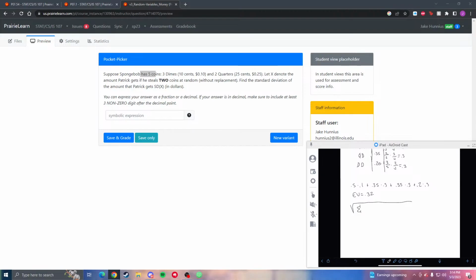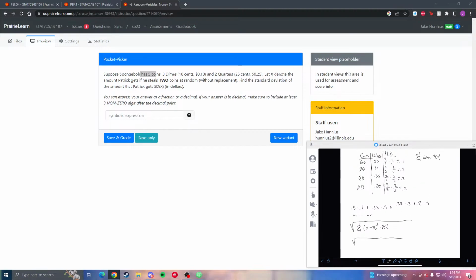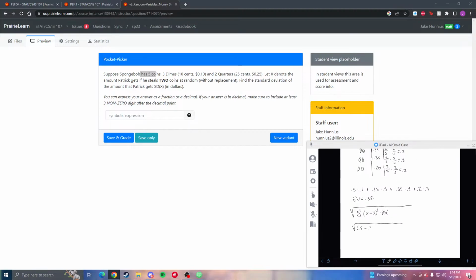I'm going to write this in shorthand notation and I'm going to expand it. So it's the square root of x minus x bar squared times p of x. So square root of 0.5 minus 0.32 squared times 0.1 plus